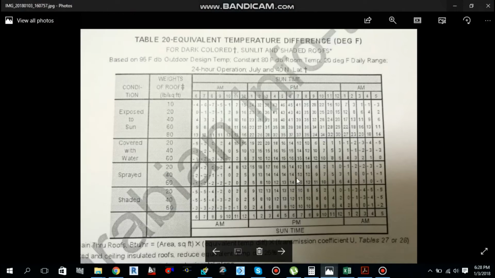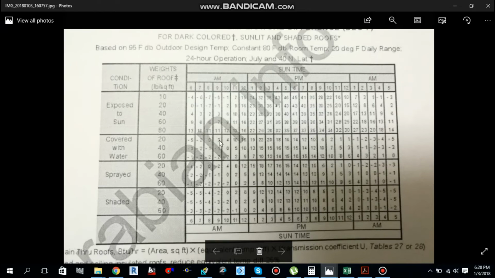Okay, here it's for the roof. As you can see, our roof is exposed to sun, and I told you the building weight is average medium weight, that is 80 lb per square feet. So this one we have to use, and we know the peak time for the design is 3 p.m. So 3 p.m. is the peak time for the design, and 80 lb per square feet is the building weight.